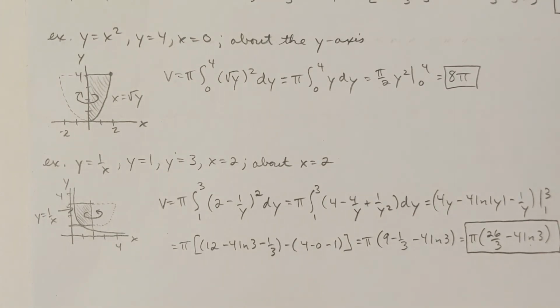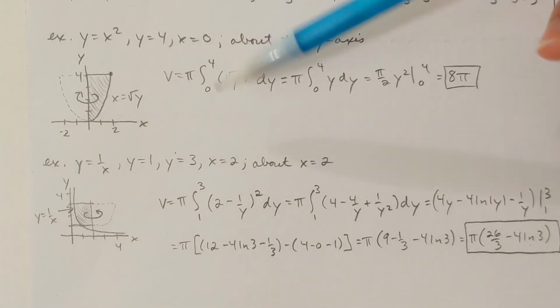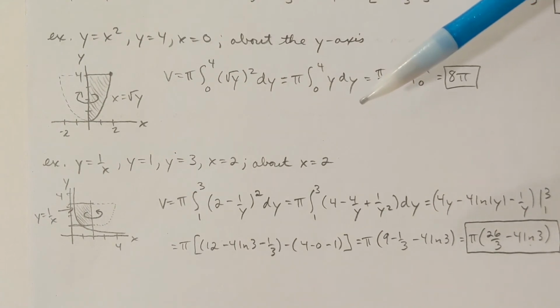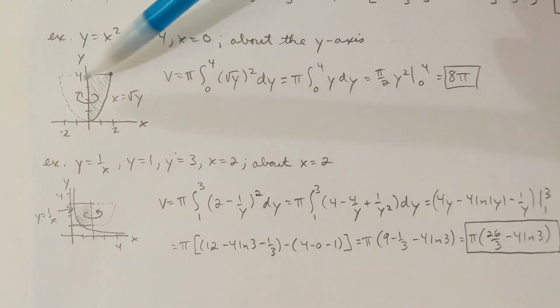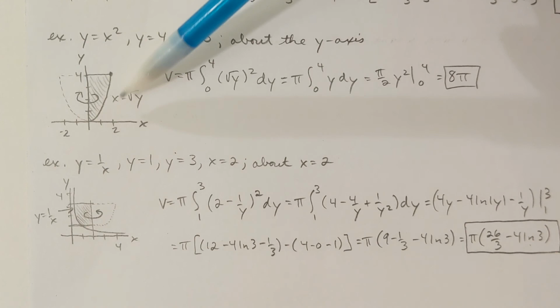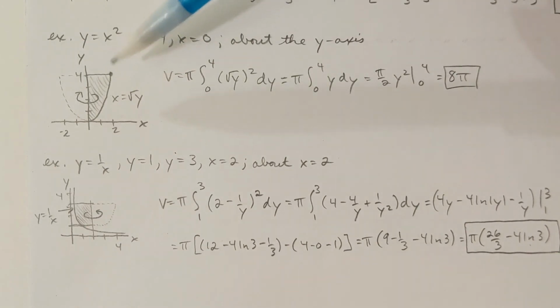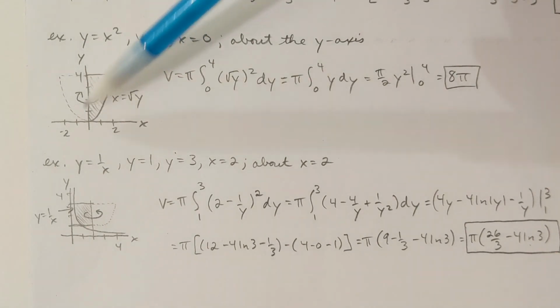Probably the mistake that I'll see the most in something like this is that a student won't get the correct variable of integration. They'll be doing stuff with x when it should be y, or they'll be doing stuff with y where it should be x. So that's why I said, early on, identify the variable of integration. That's key in this. Now, the conditions on y, I've drawn that picture of this bounded region that we're describing. The conditions on y go from 0 to 4,